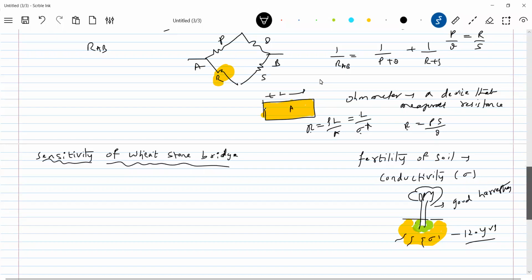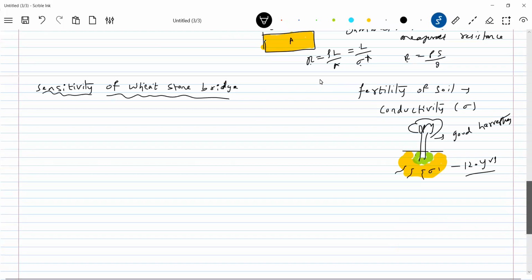Okay, definitely. What next? What is the problem that arises when I start using this to measure the fertility of soil? The problem I encountered is that it should be more sensitive. The bridge should be more sensitive, meaning a slight change in the value of R should give me a large deflection, because the bridge is balanced. When the bridge is not balanced,